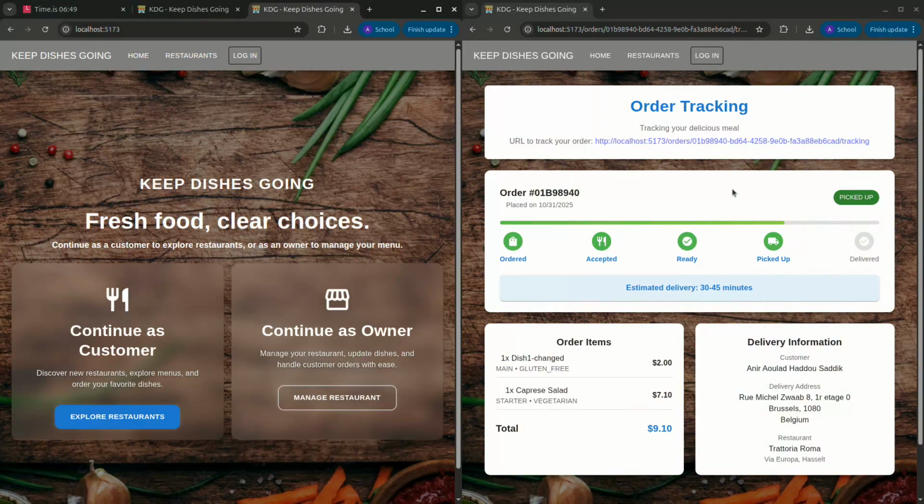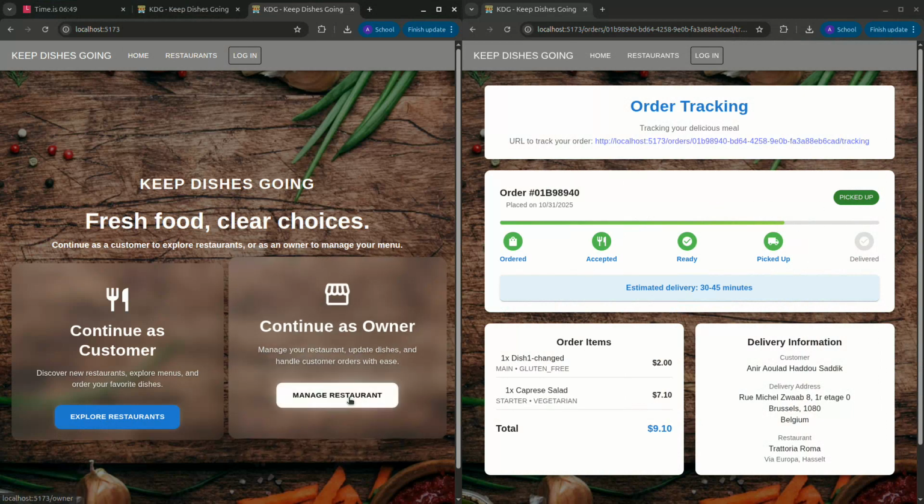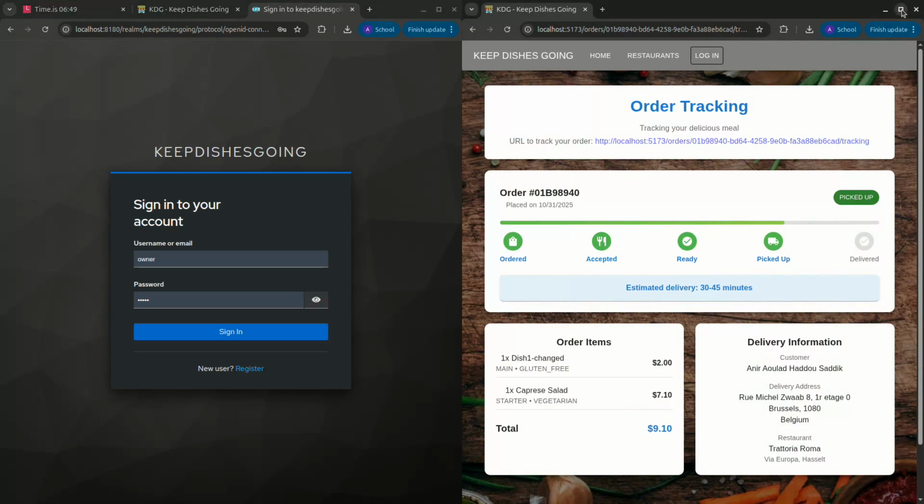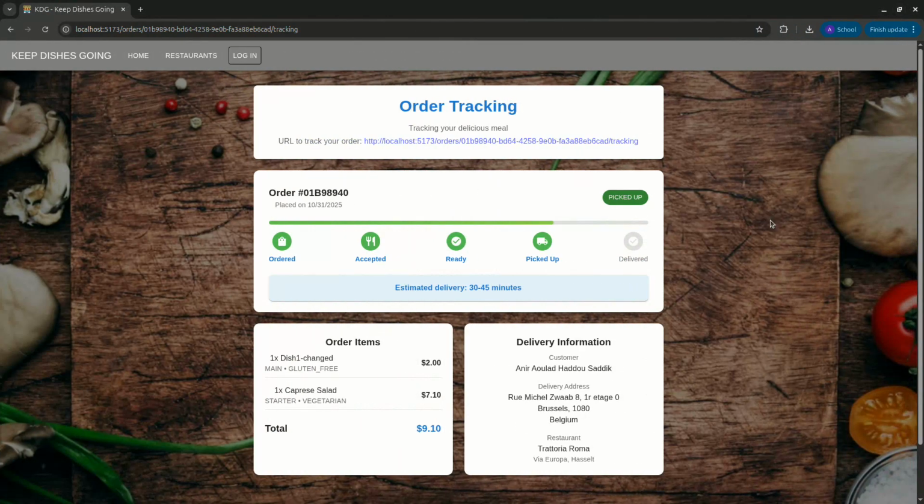the order has been picked up, so the delivery service has gotten back to us, and in just a few more seconds the order will be delivered, and again with the polling that we use, it will show automatically that the order status is delivered. Let's see how long it takes this time. Hopefully here it is. So as you can see, the entire life cycle of ordering a dish for a customer,